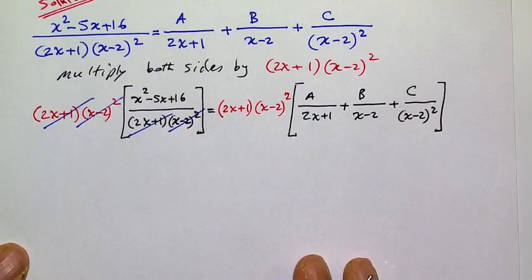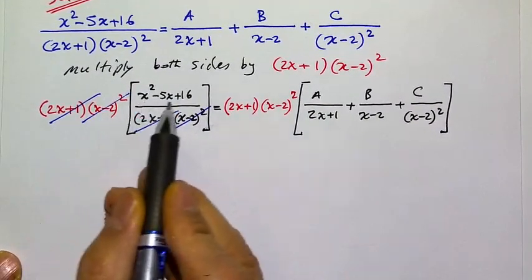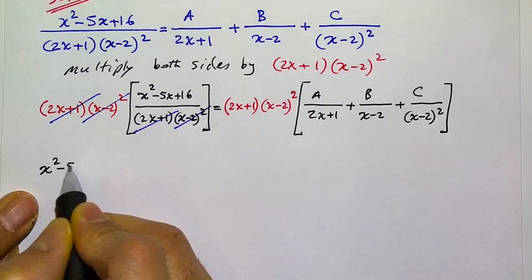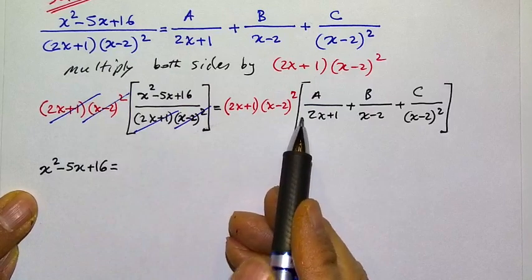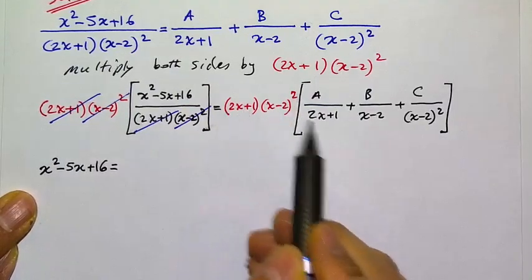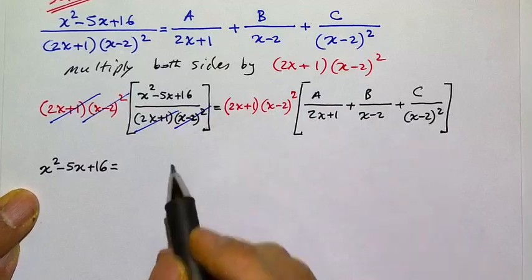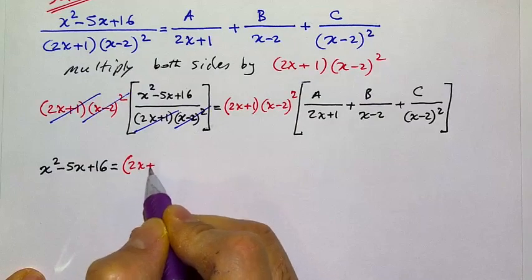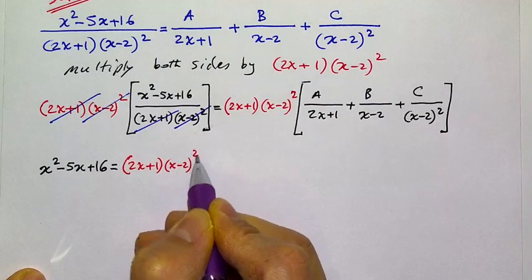We end up with just that, the numerator, which is x squared minus 5x plus 16. On the right side, I'm going to distribute this to each fraction. This one, then this one, then this one. Okay? So we have 2x plus 1 times x minus 2 squared